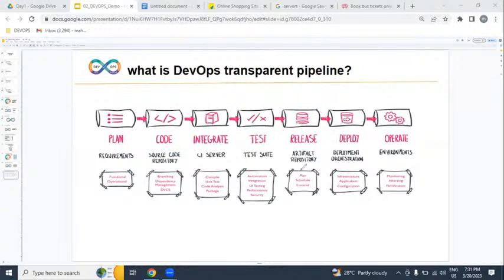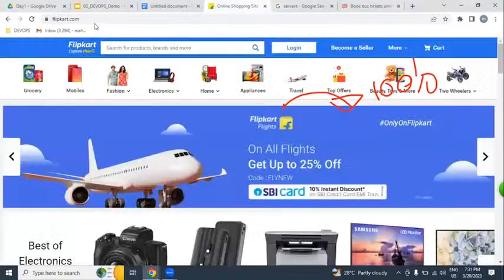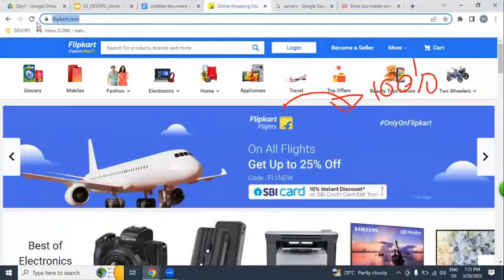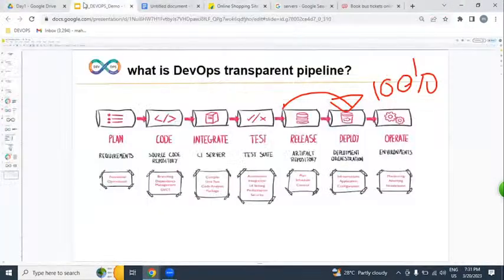Once it is delivered, we are going to be placing it on hundreds of servers. Once you are placing it on hundreds of servers, we can access our application on the internet as a website. So how many servers are we going to be handling, guys? Please tell me. One server or multiple servers only? Hundreds of servers. If it is one server, DevOps is not required. No need to learn DevOps. We are going to be handling hundreds of servers, that's why we're learning DevOps.